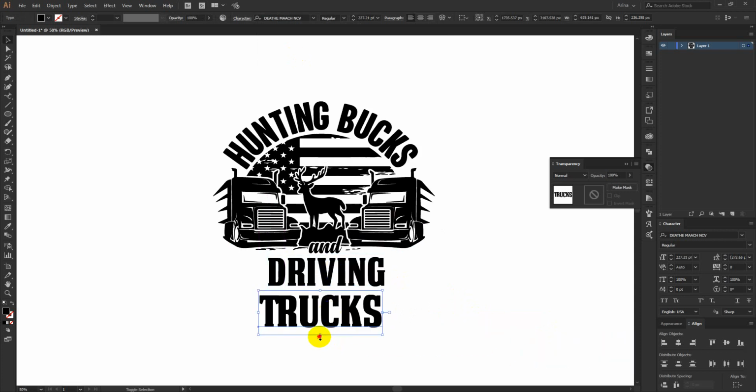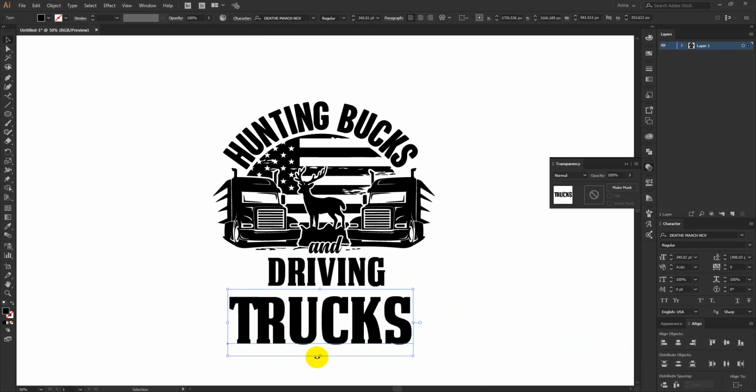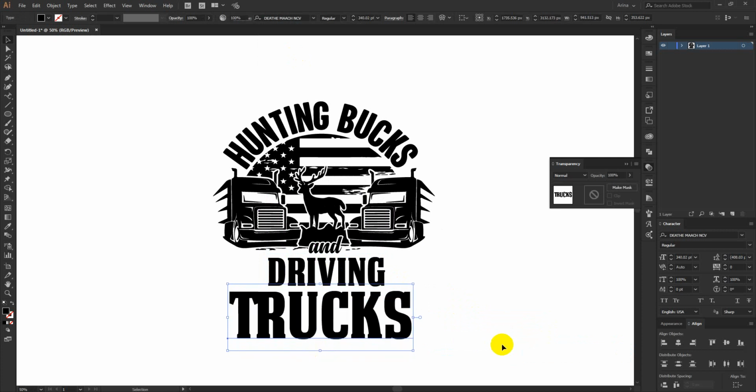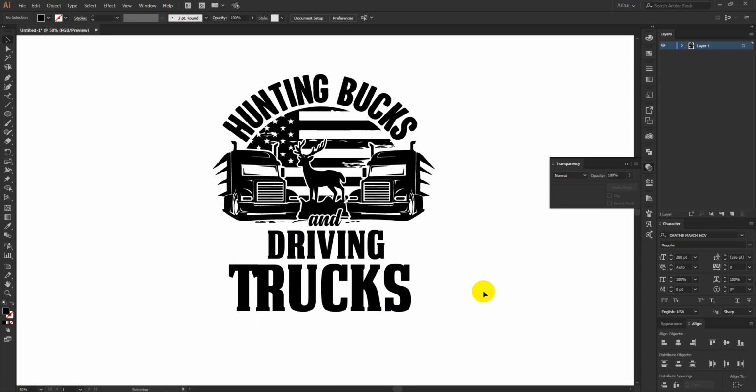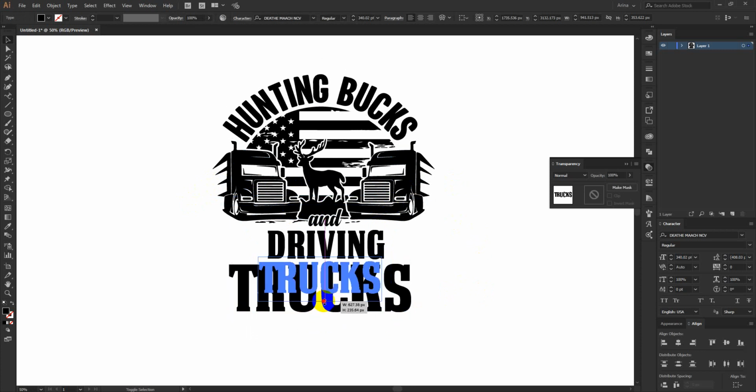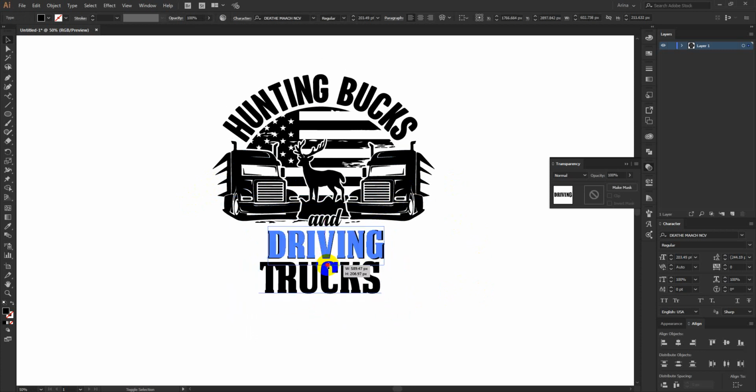Okay, so the main focus is here, the track word and the buck word. These are my two focus things. Now if I make these tracks so big, then these two images of tracks will distract from my design, so I have to make them a bit lower.